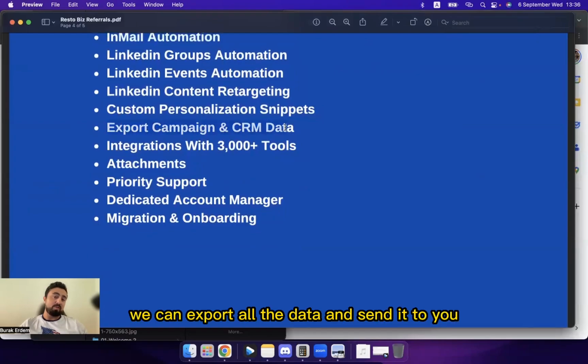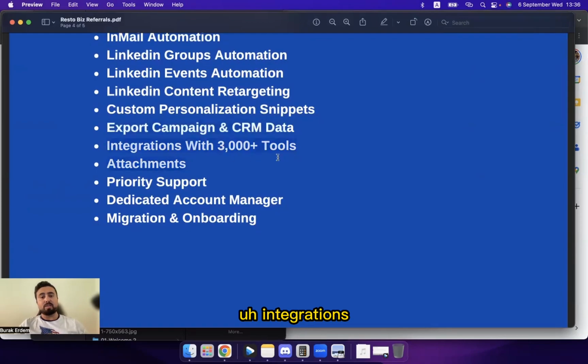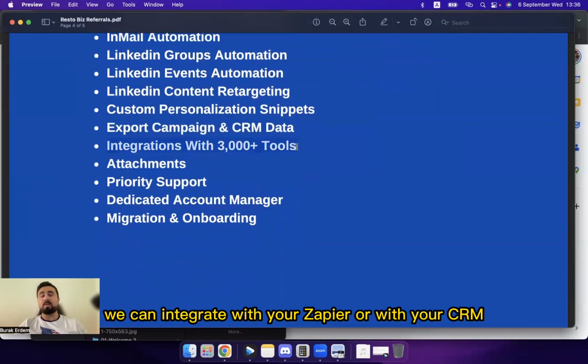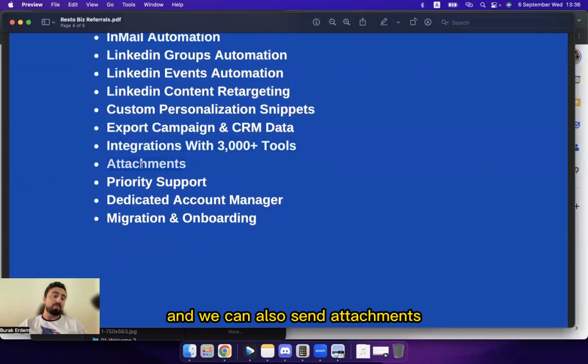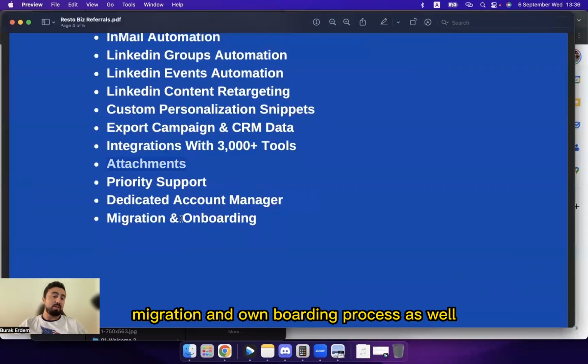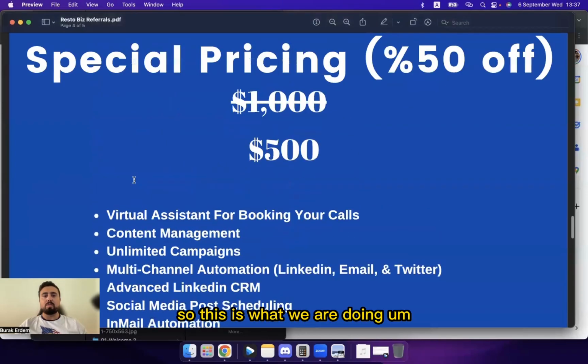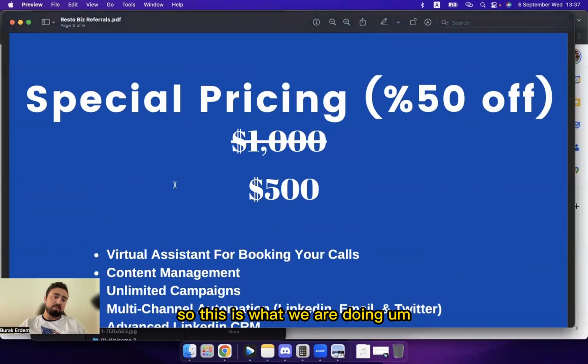We can export all the data and send it to you. Integrations, we can integrate with your Zapier or with your CRM. And we can also send attachments, and we have dedicated account managers, migration and onboarding process as well, and also obviously priority support. So this is what we are doing.